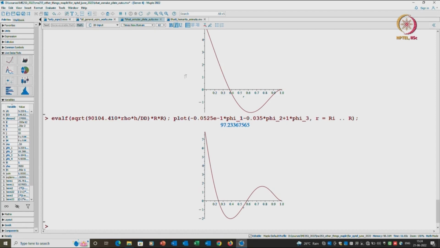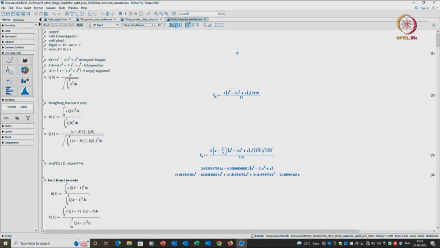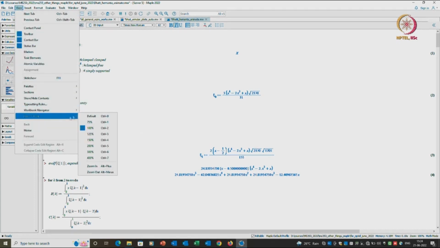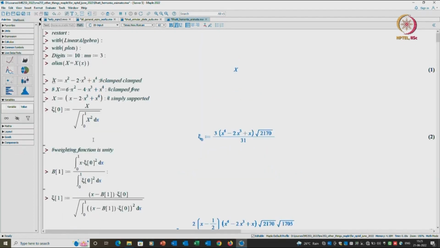Now the next set of calculations are here. These are for the rectangular plates. So let me uncomment the first one. This is for a clamped plate, and if I zoom in, this is the shape for a clamped plate. So if I now run it,